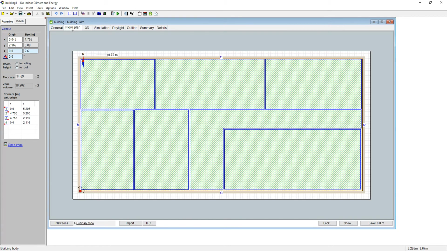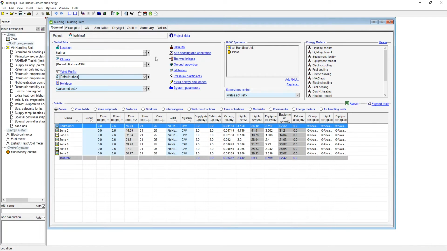So if you have a building that has a lot of the same type, like the interior wall is the same for all the rooms, the exterior wall is the same, you have a lot of windows that are the same, and so on, then it's a good idea to go into the general tab and click on the default